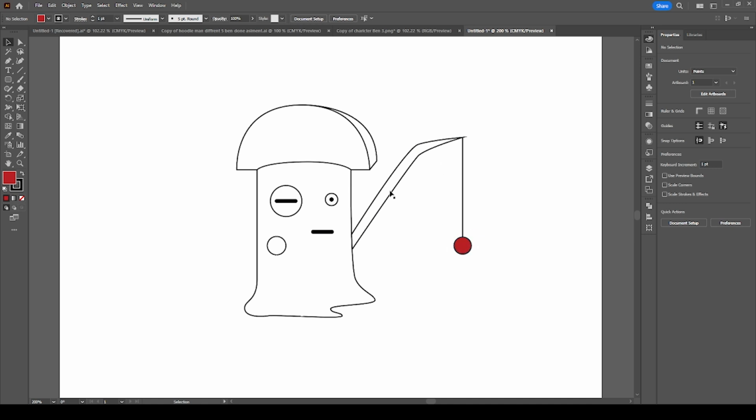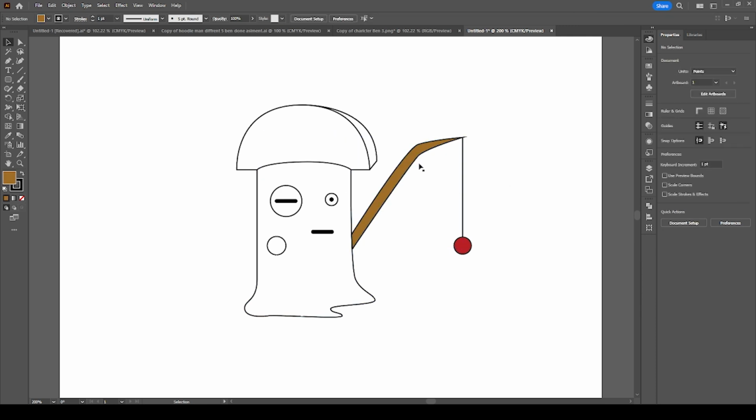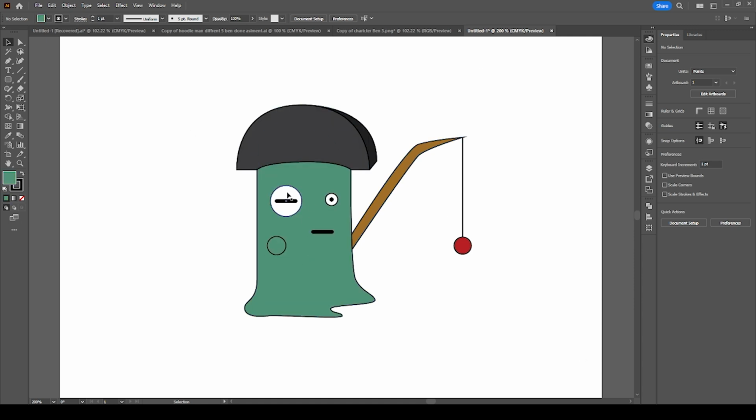So I want a little red bobber and maybe brown hook. So I'm going to get to coloring this and I'll see you guys back in a second. Okay, I'm back and I haven't really changed much. All I've done is colored these few things, but now that I got things colored and things will look separated,